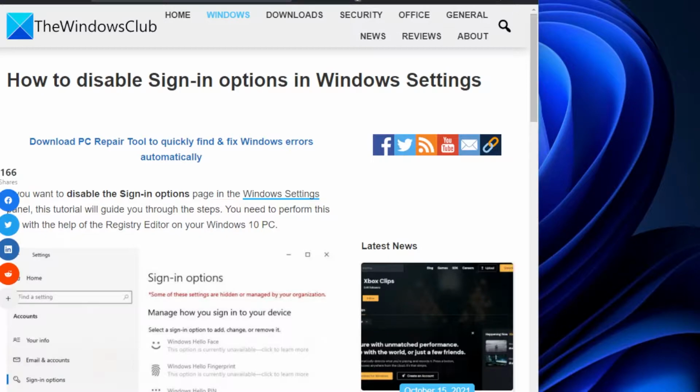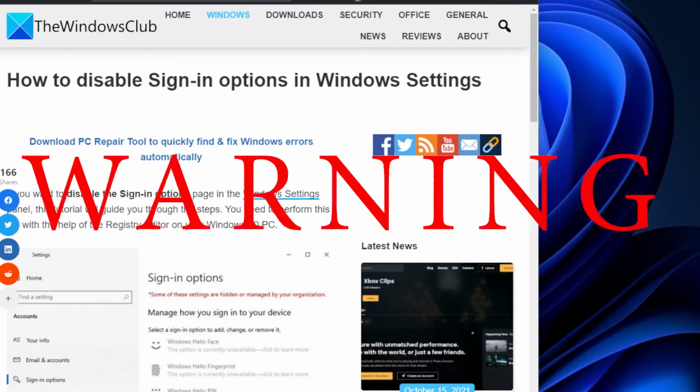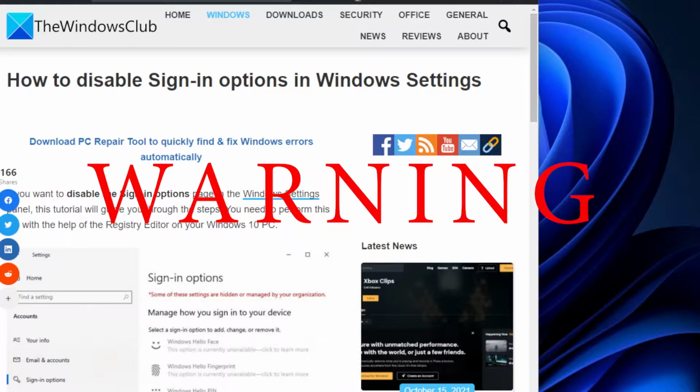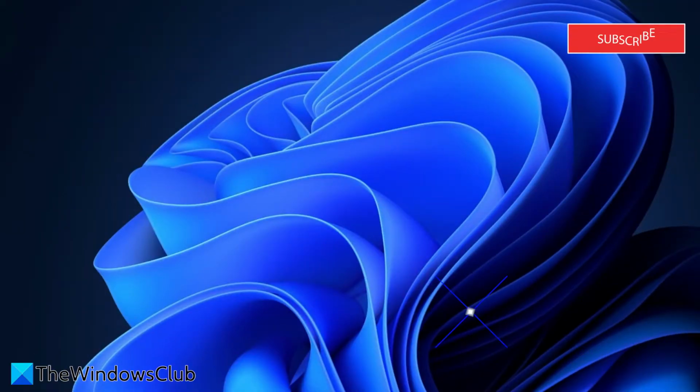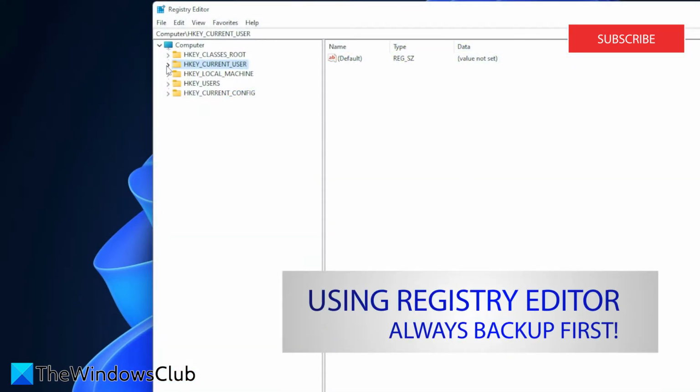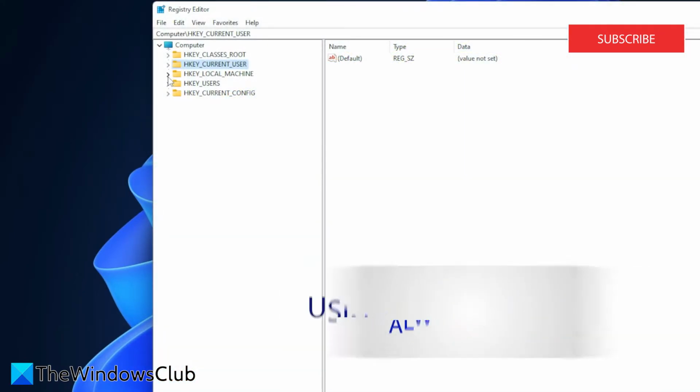For a more in-depth look at the topic, be sure to check out the article in the description. Since this will involve changing the registry, it is important that you create a system restore, back up your registry, or both. Open the Registry Editor and navigate to HKLM Local Machine,